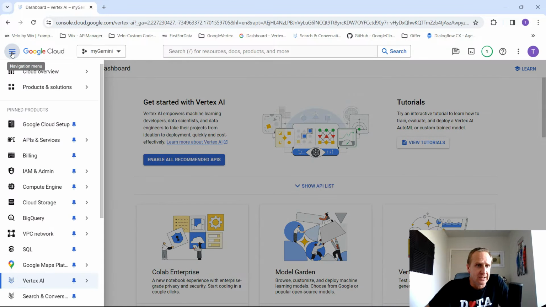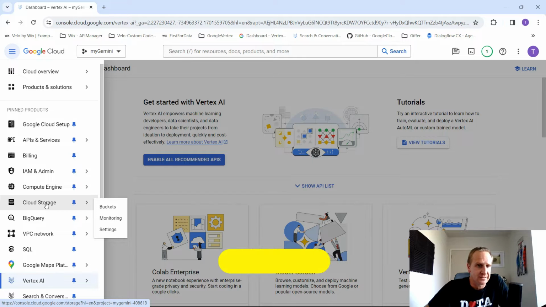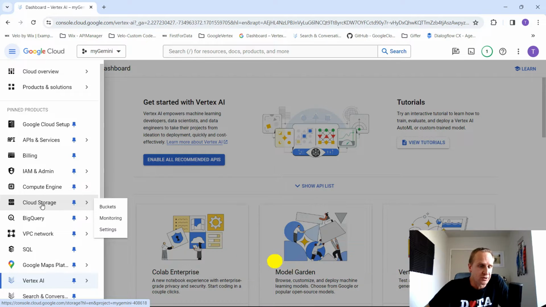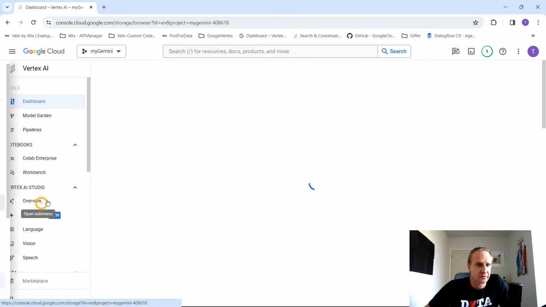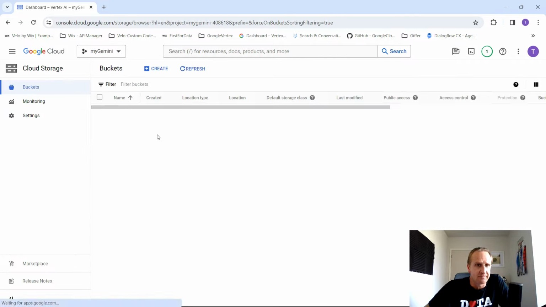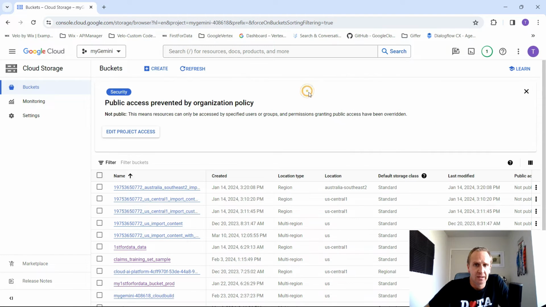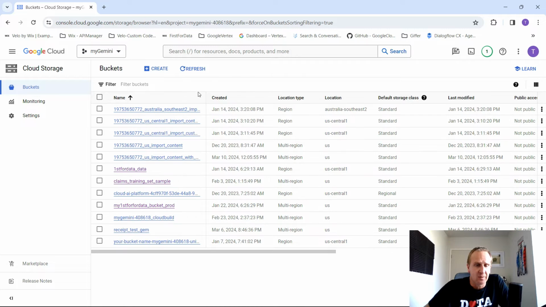So what you can do is click on the hamburger item over here, and what we want to do is add some items to our cloud storage. These are going to be the documents that you want to upload. So let's click on cloud storage, and it's going to ask you to create a bucket. Let's just minimize all of these things over here to clean it up. So we can create a bucket for our data. Really simple. What we can do is click on create